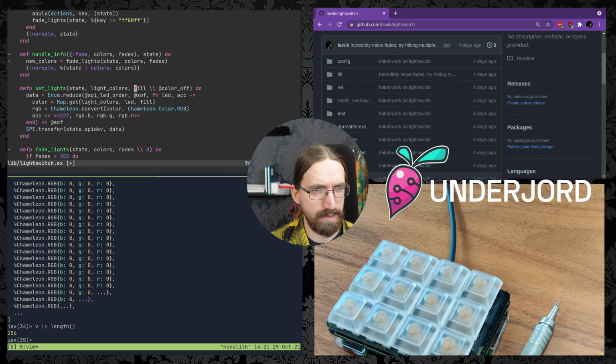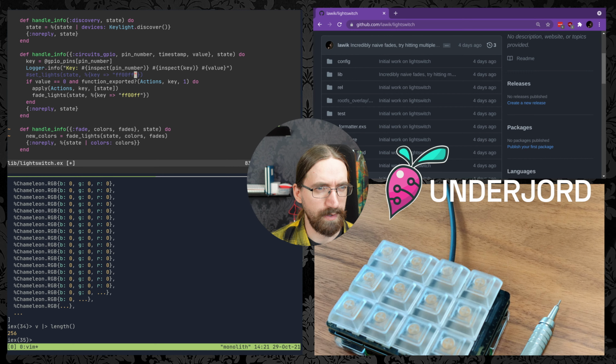And we also need to change then where we're using this. So the key should be chameleon.rgb. So we want the red to be 255. If we want pink, that is. I actually want to do cyan right now. So green, 205, blue, 255. That should